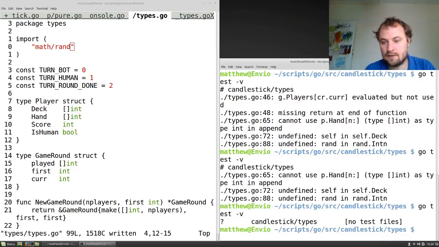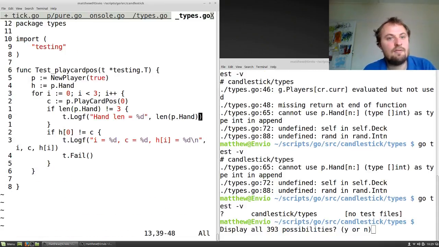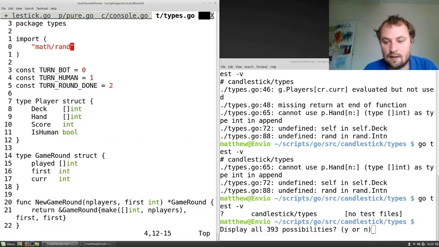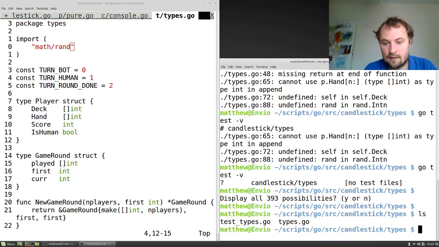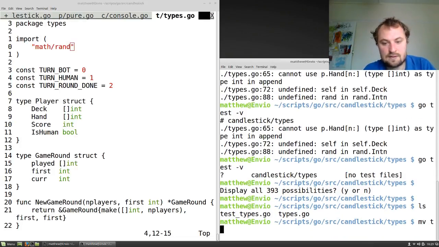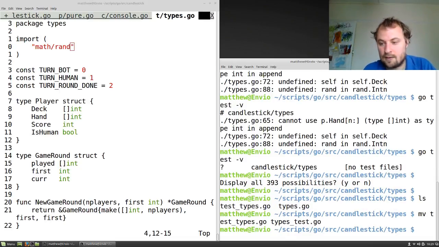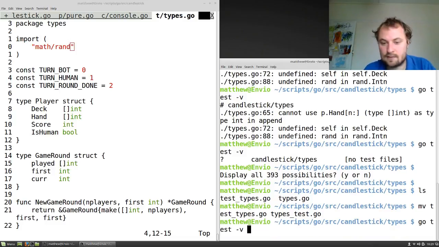No test files? I wrote a test file. Oh, is it the wrong way around? Yeah, it's the wrong way around. It's got to be underscore test.go. Okay, so we'll quit this. Right, ls move. I prefer to have the test first, actually, to types test.go. Okay, and now when we run the test,